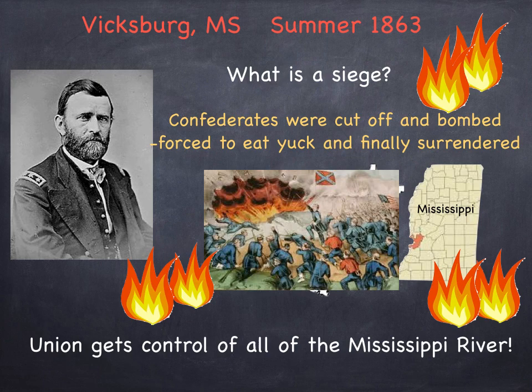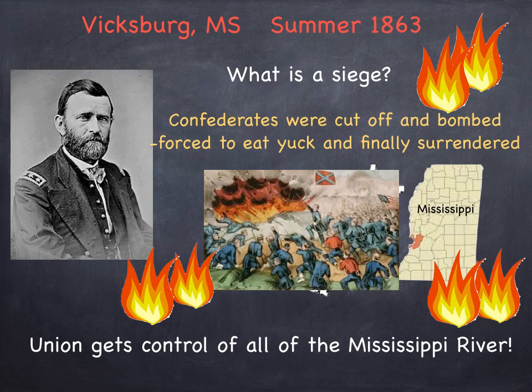What Grant will do is he will take his army and he will surround the city and not let anything in or anything out. That's called a siege. The Confederates were cut off and bombed for months. They were forced to eat terrible things like dogs and horses, and there's no fresh water, and in the end they finally would surrender. The Union gets control of the Mississippi River,